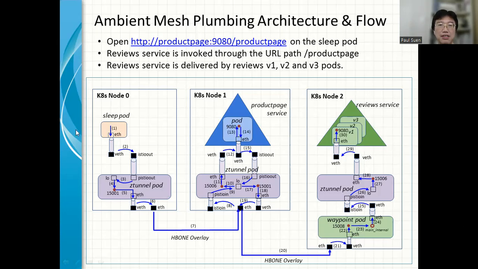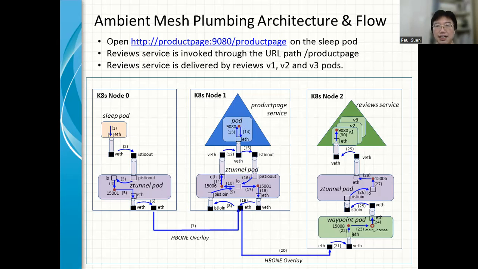So data will flow from the sleep pod and flow through the local and remote ztunnel pod and land in the product page service pod.